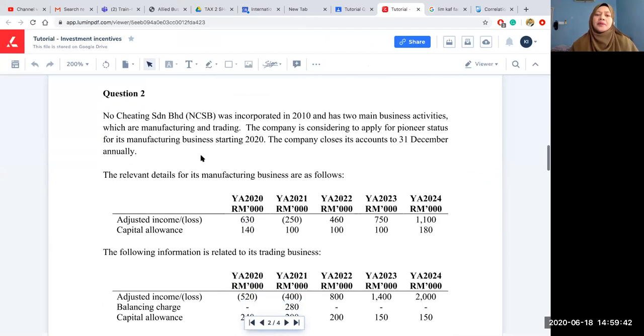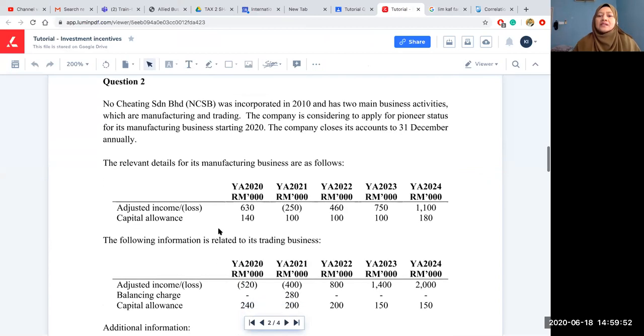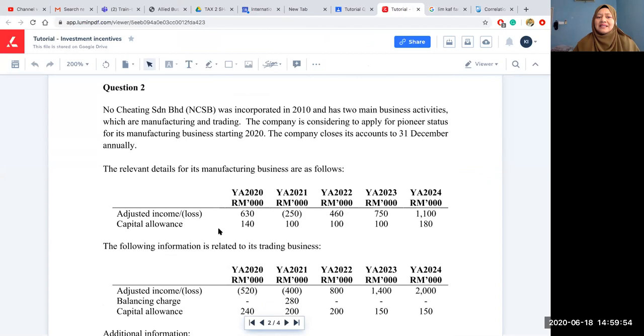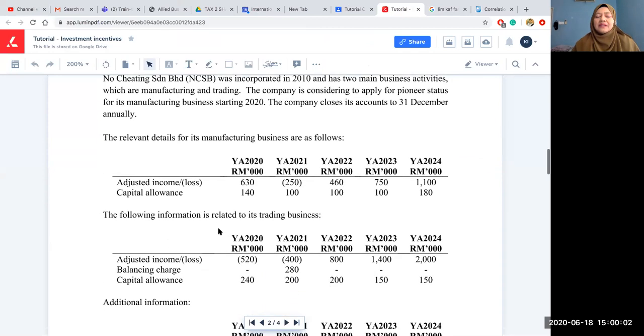No Cheating Sdn Bhd, incorporated in 2010, has 2 main business activities, which are manufacturing and trading. The company is considering applying for pioneer status for its manufacturing business starting from 2020, and the company closes accounts on 31st December annually. The relevant details for its manufacturing business are as follows. You are given 5 years of